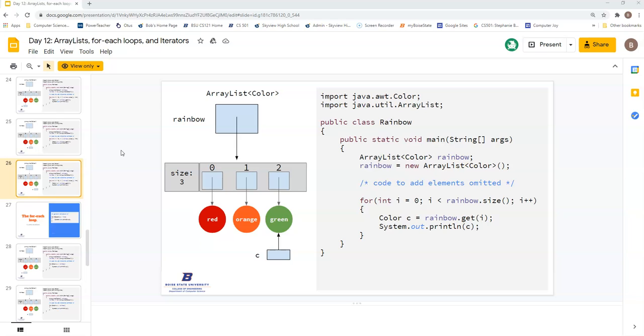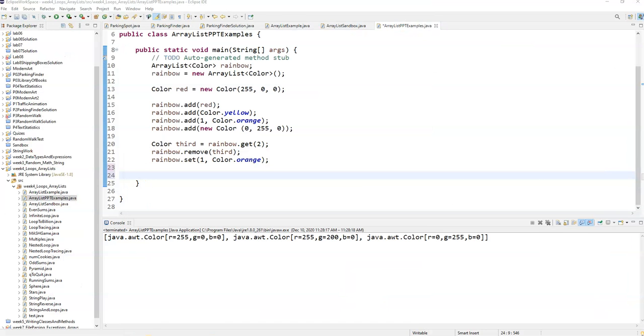Okay, I want to open up Eclipse and code this out so we can kind of see what we're doing here by adding and going through your array using your for loop. So I'm going to pull up my Eclipse here, and I'm going to start coding this up. Now, I may need to use a different example other than a rainbow because I already have some stuff added to a rainbow array. So I'm going to make a new array list, and it is still color. And I'm going to say new rainbow 2, new